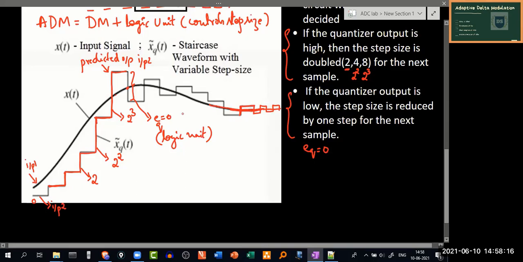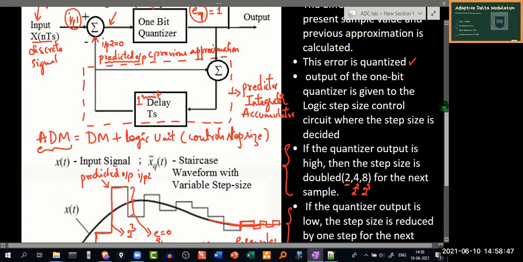So by using this adaptive delta modulation technique, we are in turn reducing both slope overload error or noise, as well as granular noise. So this is about the theory of adaptive delta modulation.